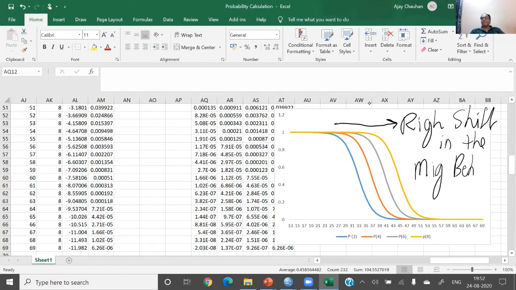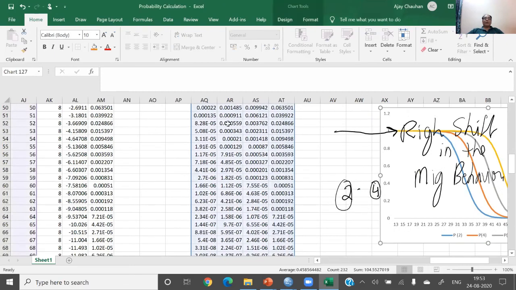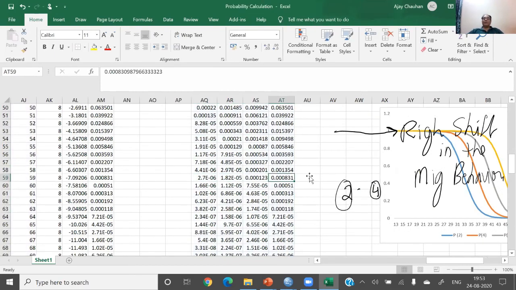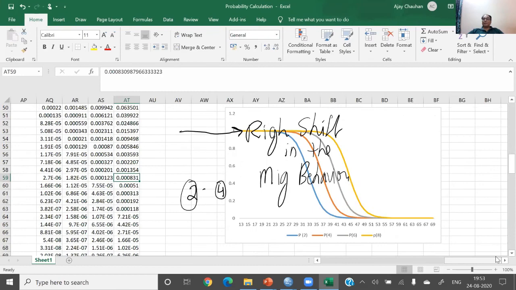We can also represent this kind of graph: if the members of the family is 2, the migration behavior is this. If the members of the family is 4, this is the migration behavior. So this shows how the behavior of migration changes because of the members of the family, assuming constant agriculture field. This graph shows you the actual behavior of the probability, and all these values are the probability of the different combinations.